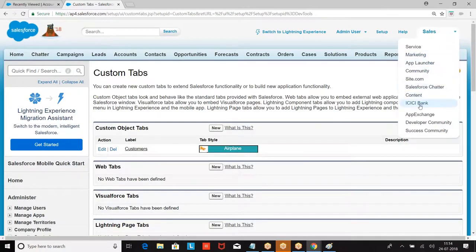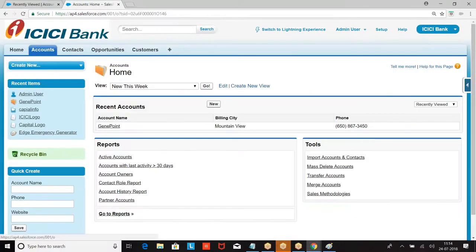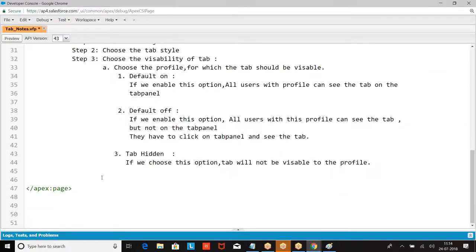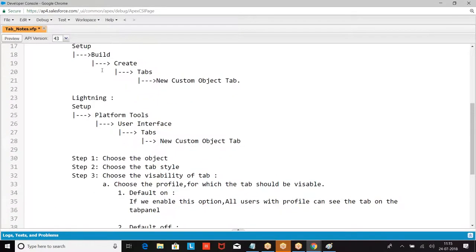So go to ICICI Bank. Now we are able to see an object called customer tab. So what are the steps involved?